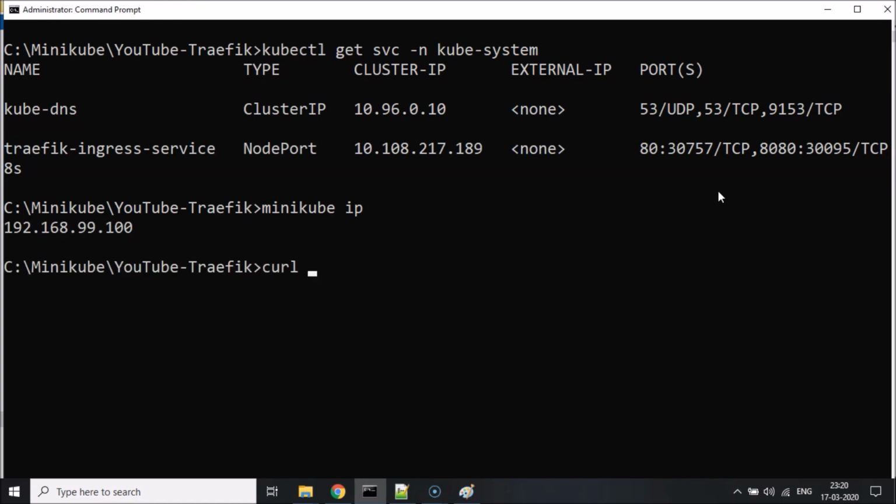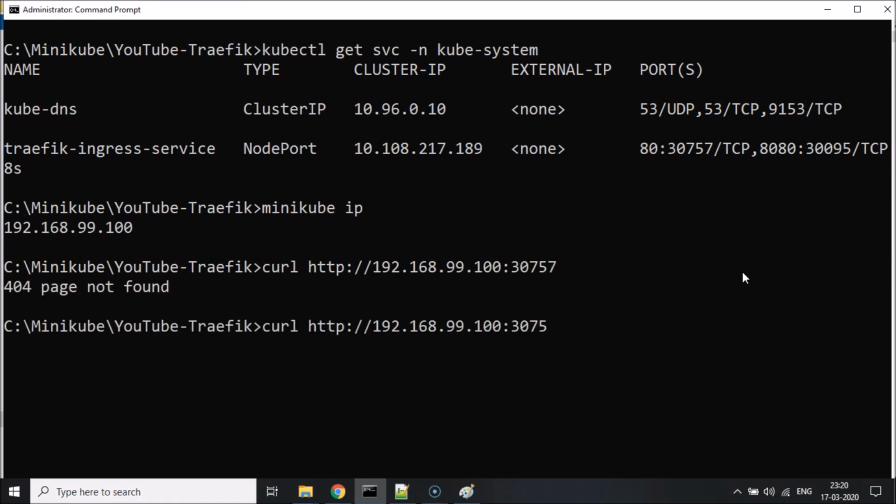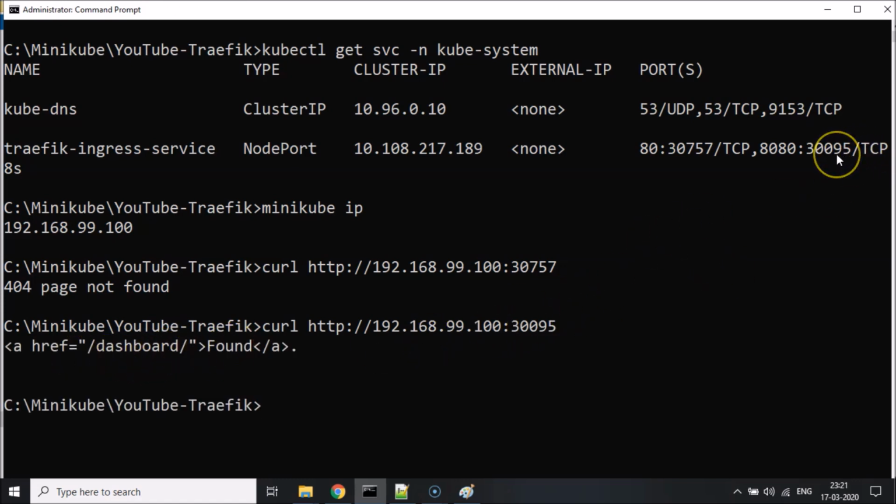Okay, if I try to do a curl of http:// followed by, maybe I'll try 30757. Okay, there's nothing out there because we don't have any services exposed. Let me see 30095. All right, so if you see here, there's a dashboard out here that is at the port 30095. So if I try this in my browser,